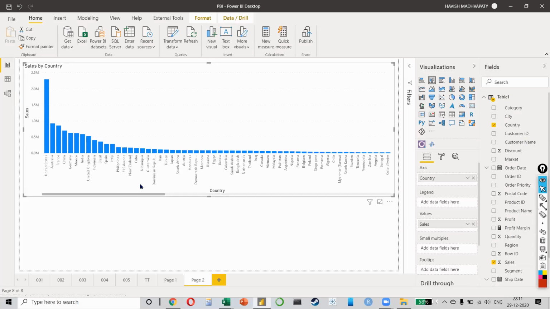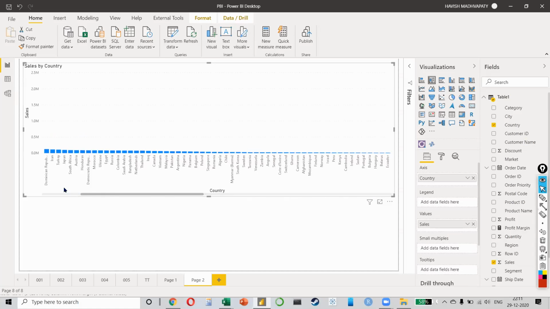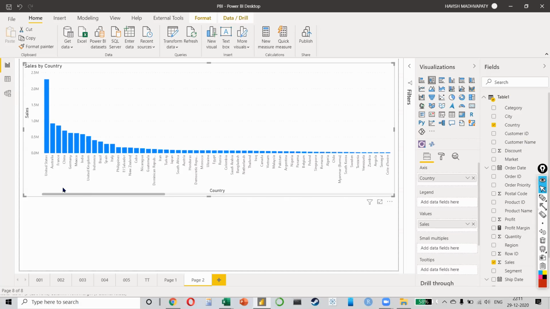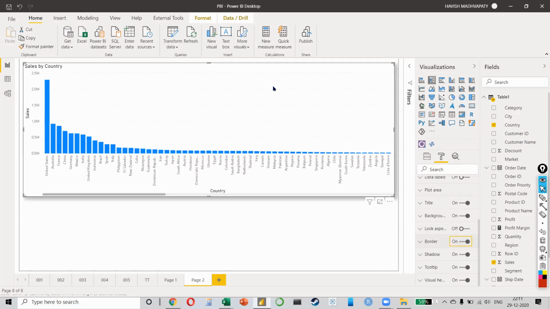Now think about it. The reason the chart looks like this is because there are so many countries we have. There are 165. And out of these 165, most of my sales is coming from the first 15, 20 countries. So I want to filter my data. Let me add a border and shadow. Filtering means that from this list of 165 countries, we are only interested in looking at the top 15, right?